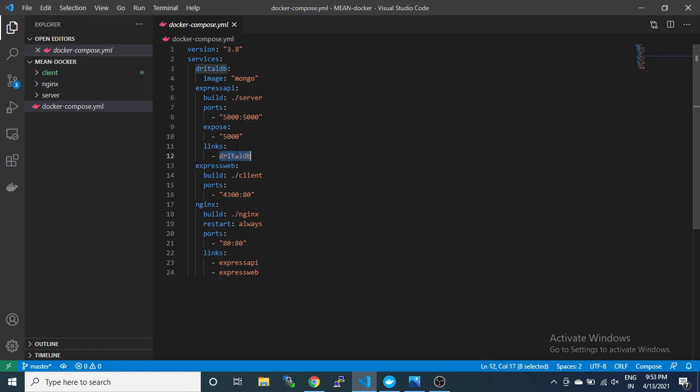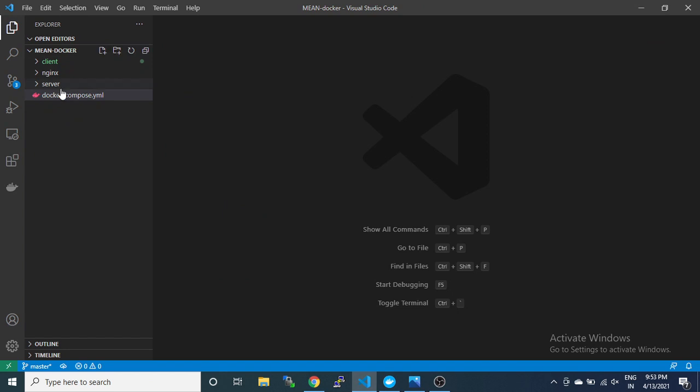Okay, so we have defined the three services. You can write anything according to your name, like server side, client side, database, whatever you want to name. You can also give the container name by entering it here.